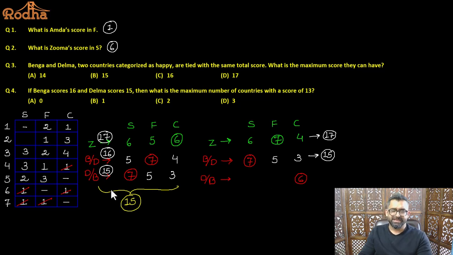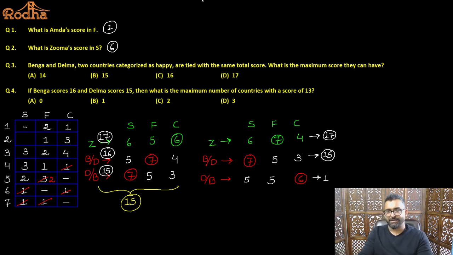So let's just understand, 6 has already been taken care of. 5 I've already taken from here once, so I'm left with 2 times of 5. I can take 1 five from here. 6 plus 5 is 11. I can take 4 here. I can take 5 here also, but that will make it 5 plus 5, 10 plus 6 is 16. But I want the same score, so this is never going to be 16. To make the same score, I have to make it 15 only. I hope it is okay. So if this is 15,